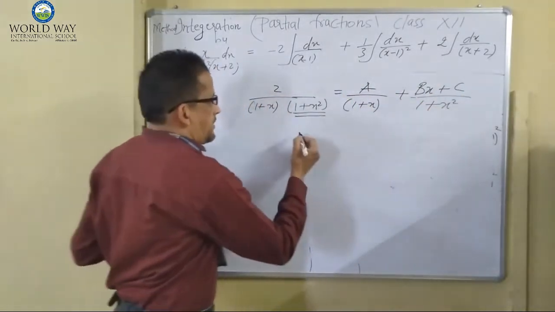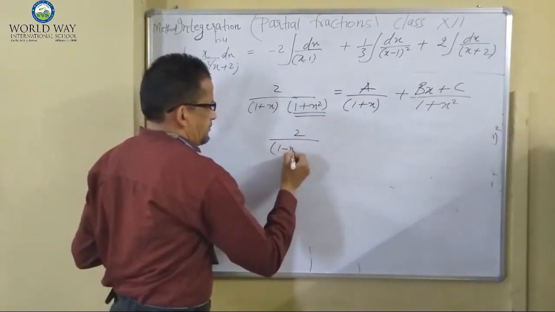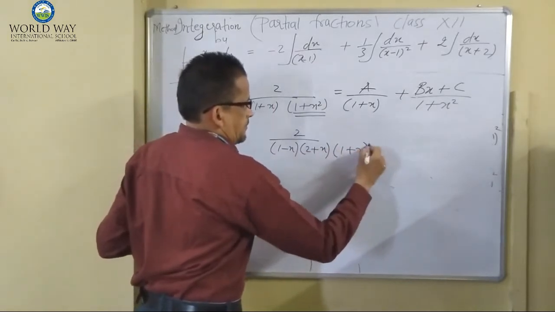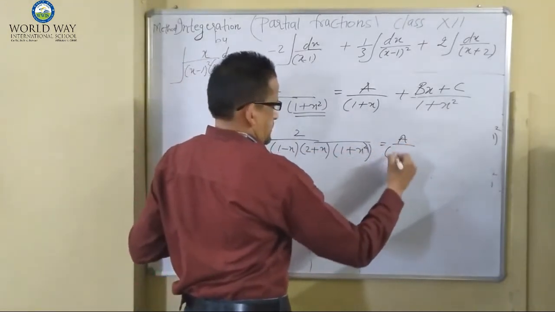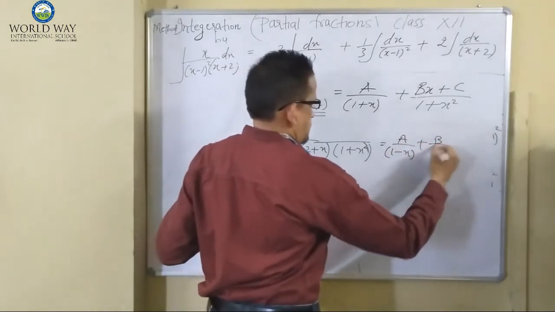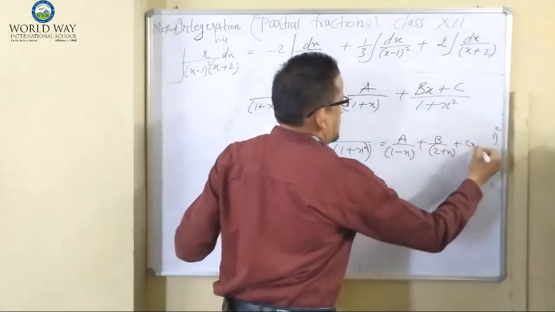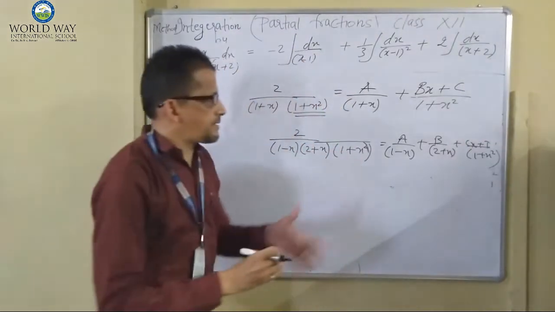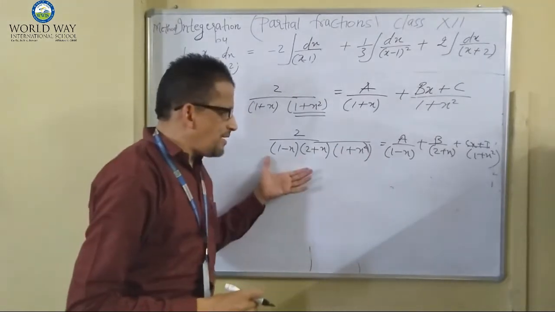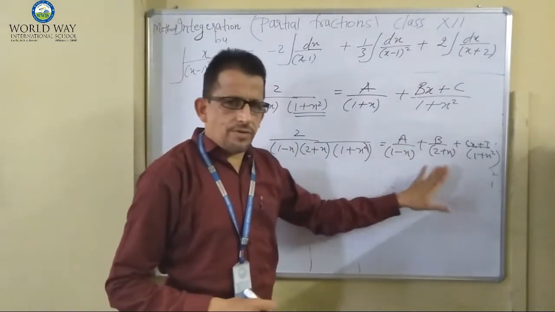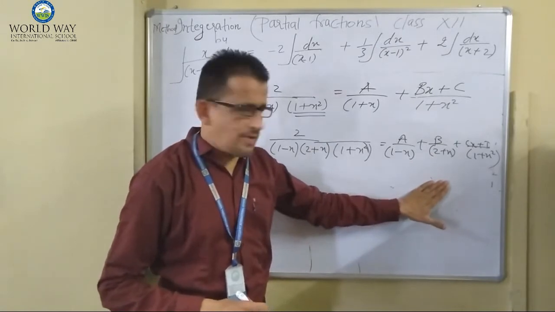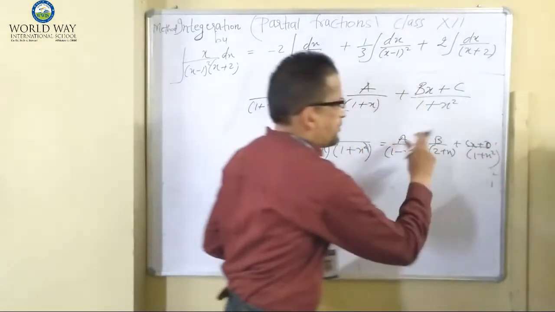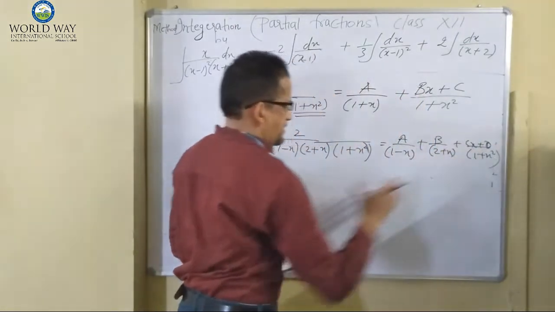अब if the question like this, a upon this, b upon this, then becomes cx plus d upon this. ऐसा हो जाए. It's clear to you? There are two linear factors. So for linear factors, we have to follow the rule like the previous one, the first one, and for the quadratic, cx plus d. क्योंकि a already used, b already used, तो for quadratic cx plus d.